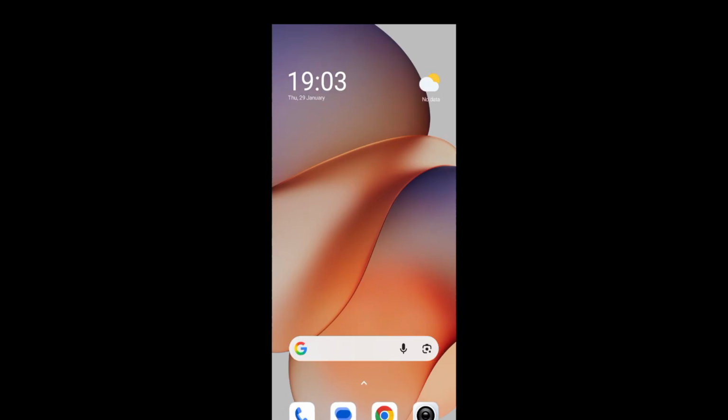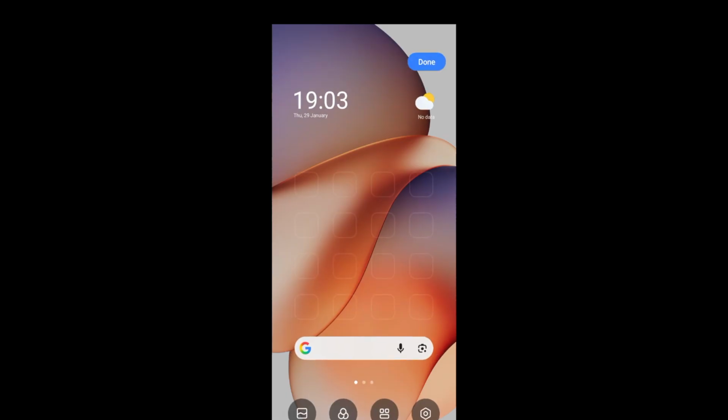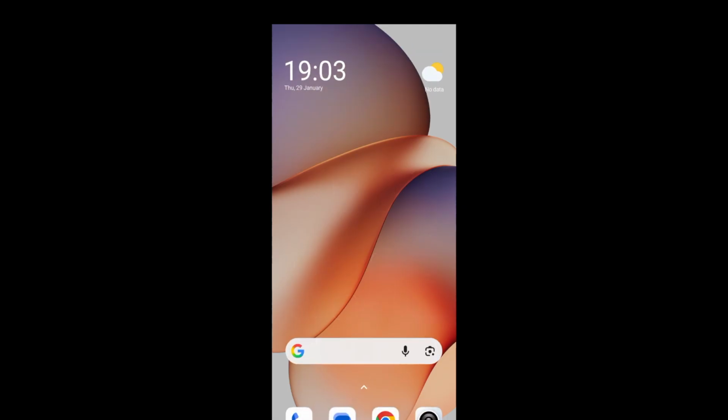Like you zoom in or zoom out with your fingers, that's how you can activate your hidden apps. So with one finger you slide up, and with the other finger you slide down, and you will open up